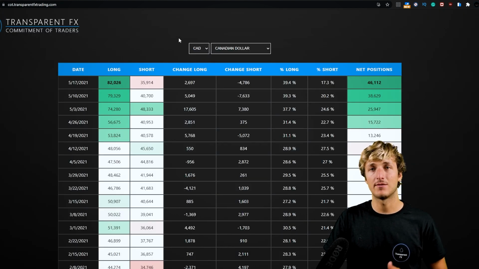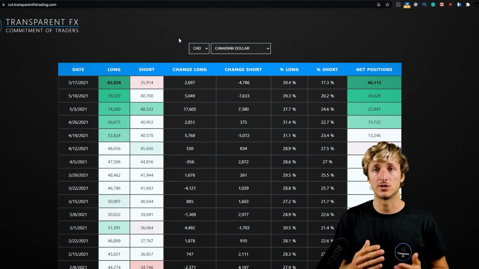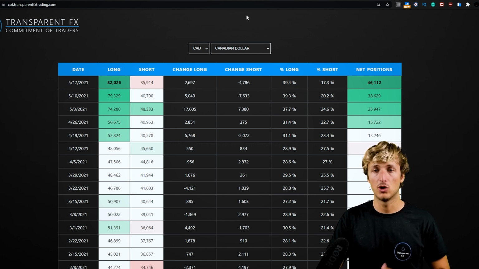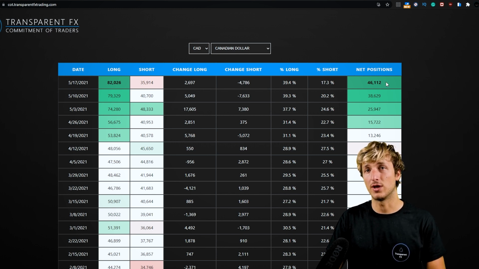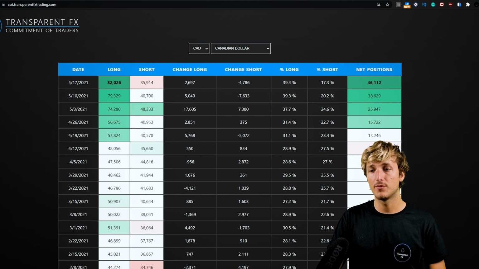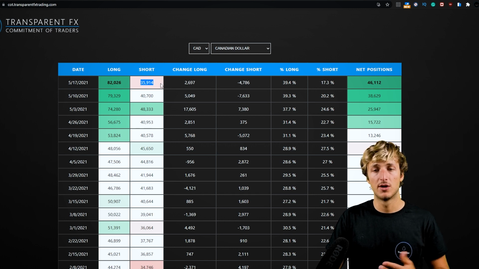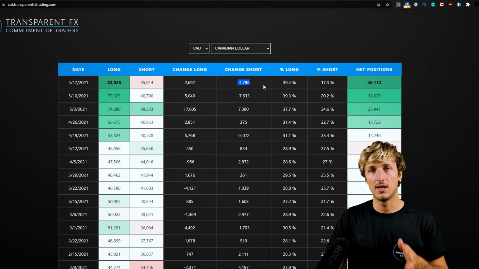Now, if we go and see what we have from a COT perspective, so commitment of traders, which is what hedge funds and the non-commercials in the market are doing, if we check the data for the CAD, which is correlating quite well with US oil, as you know, we can see that lately net positions have been greatly increasing, going from the 2.4k that we had here all the way up to 46k, with currently 82k longs and 35k shorts from an institutional perspective, with 2.6k longs added with the last report and 4.7k shorts getting closed,